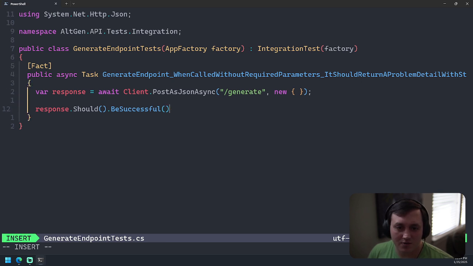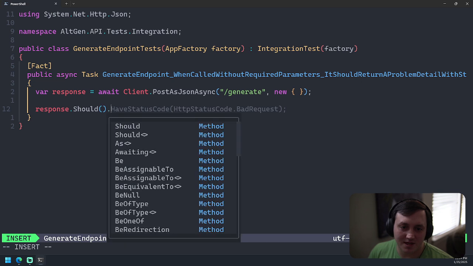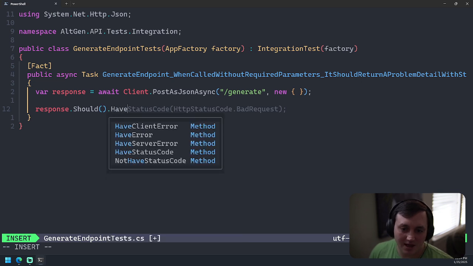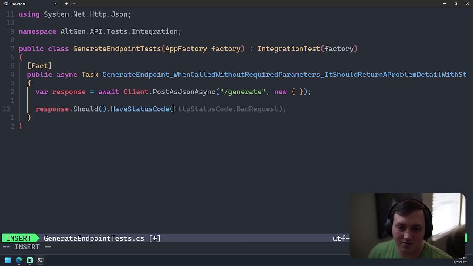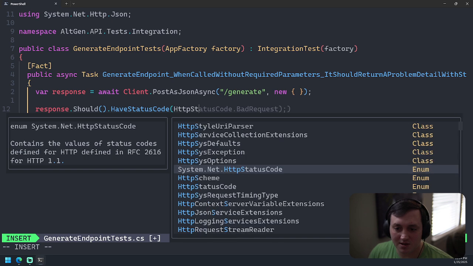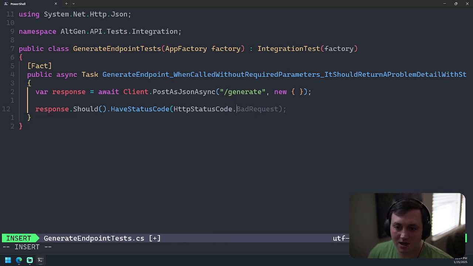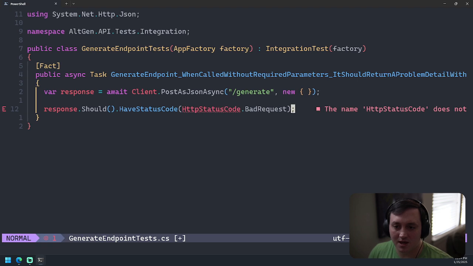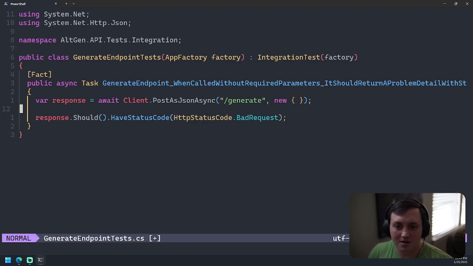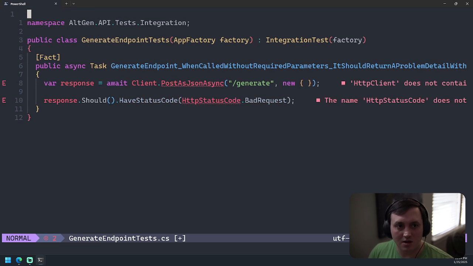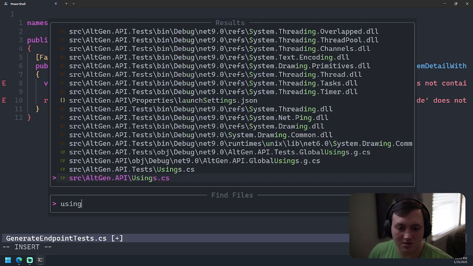Okay, so what I should be able to do here is say dot have status code, HTTP status code dot add request, and I'm missing a using for that. And I'm going to put these in the global usings.